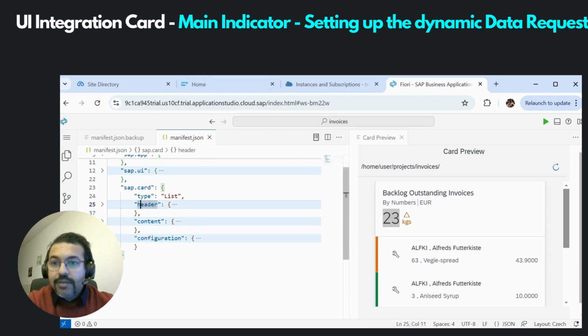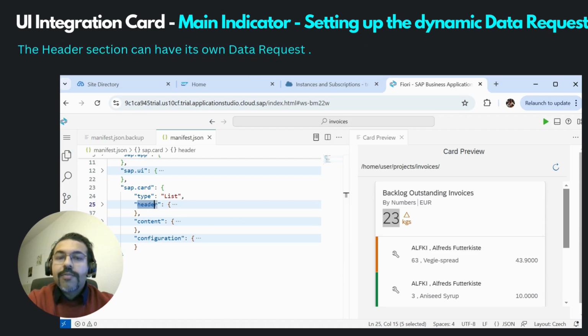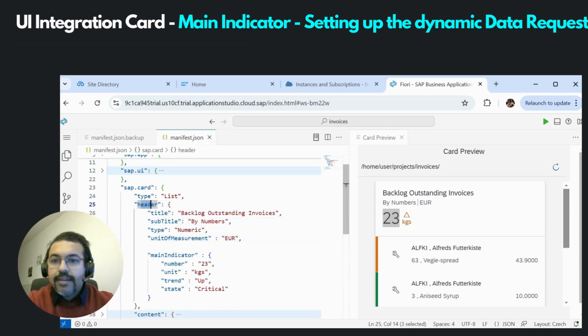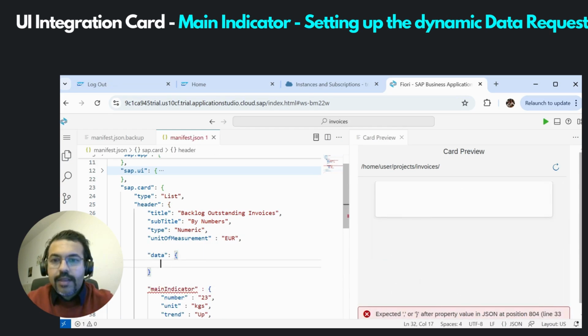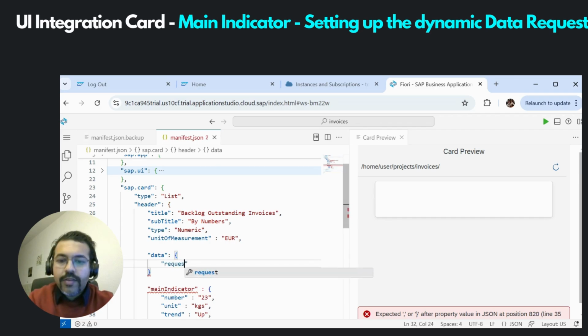This data section over here is supplying data for the contents of this particular item. The header section, the section right above the content, can have its own data section. So I'm going to use a different URI to retrieve data for my header. I don't want to use the same data request that was used for the content. I'm going to set up a data section for the header separately. So let's put that in. I'll say data, the curly braces, then the request that should be sent,